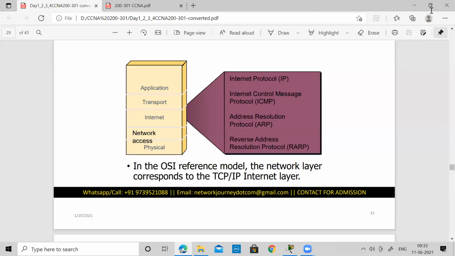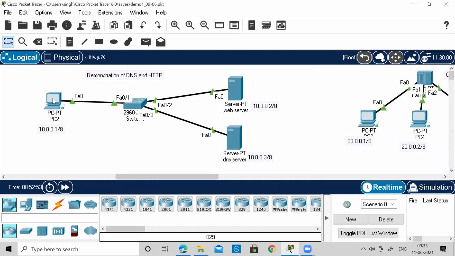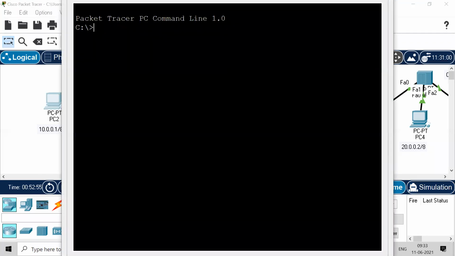So ARP is a process of getting a MAC address for a corresponding IP. Initially, if you don't know it, you will run this ARP process and try to learn the MAC address of the corresponding node. So every device, even in Packet Tracer, I will show you. I'll get into the computer's CMD prompt, and now it will show you some entries.